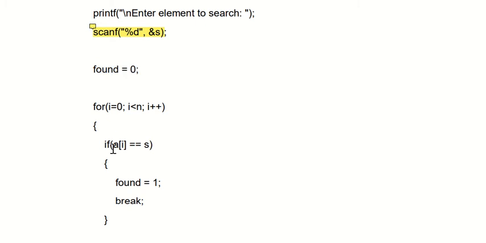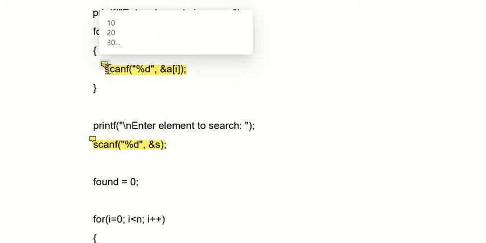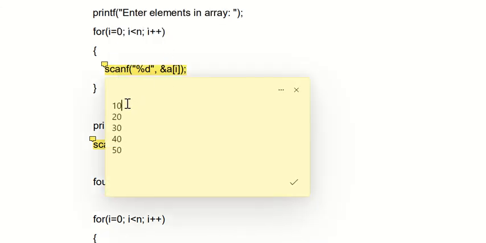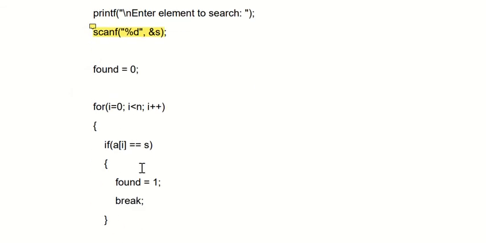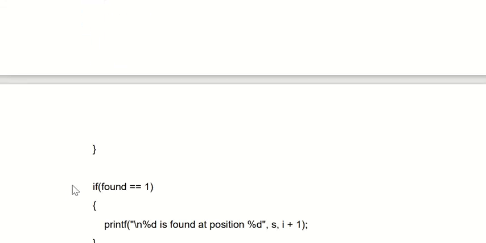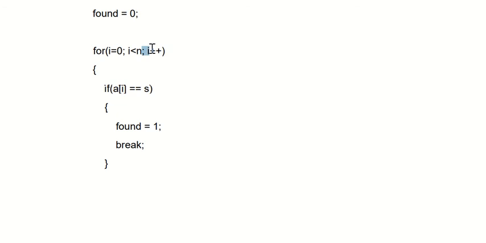At a[0] the number is 10, because the first number is a[0], then a[1], a[2], a[3], a[4]. So 10 equal to our search number 40? Obviously the condition is false, so there is no need to go inside this if statement. Correct? The closing bracket then indicates i plus plus.